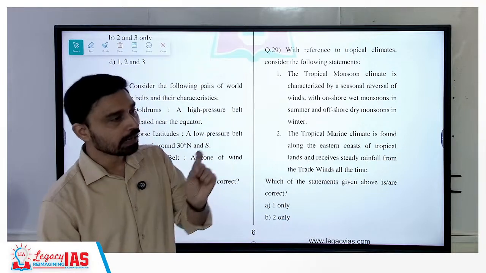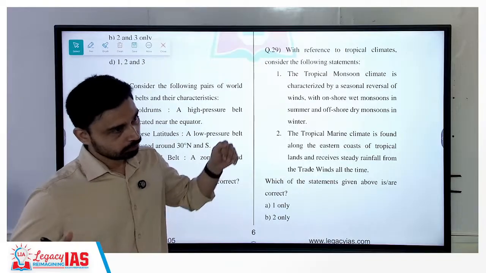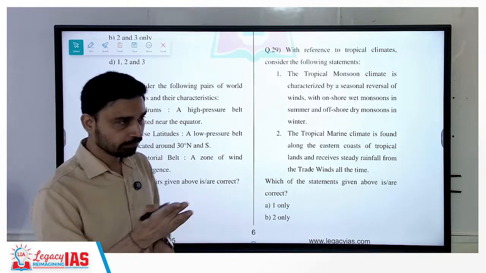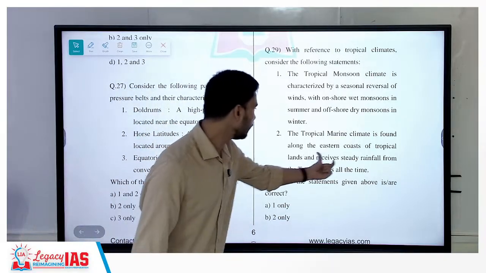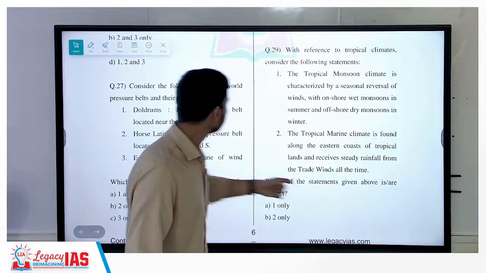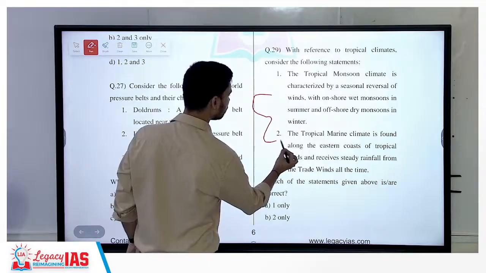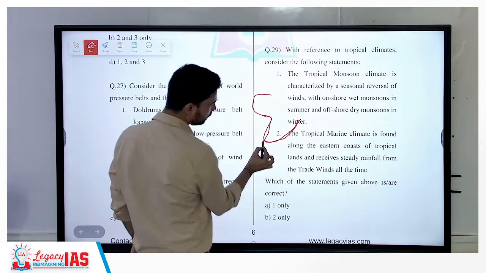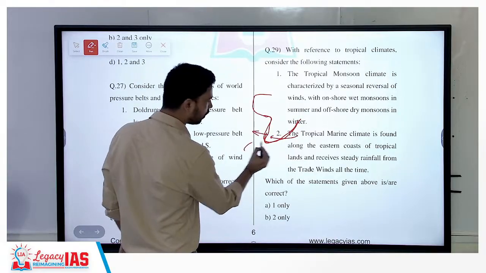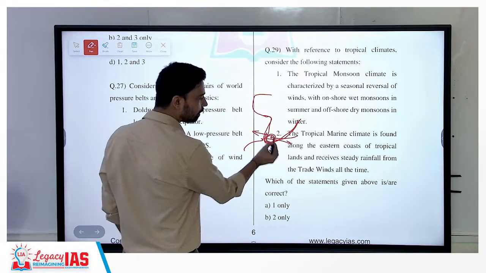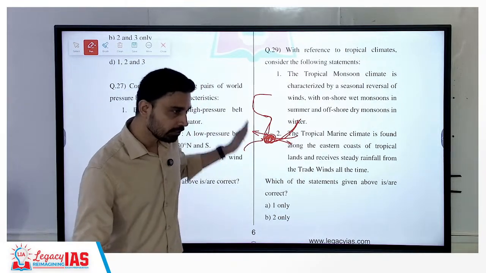The southern tip of Africa, for example, is very conical in nature, and all the year, no matter whether winds are moving from this side or this side, they are bringing moisture along with themselves. That's why we have steady rainfall throughout the year. Draw Africa here. This region is very narrow, right? So will they experience rainfall throughout the year or not? Because this wind is also bringing moisture, and this wind is also bringing moisture.